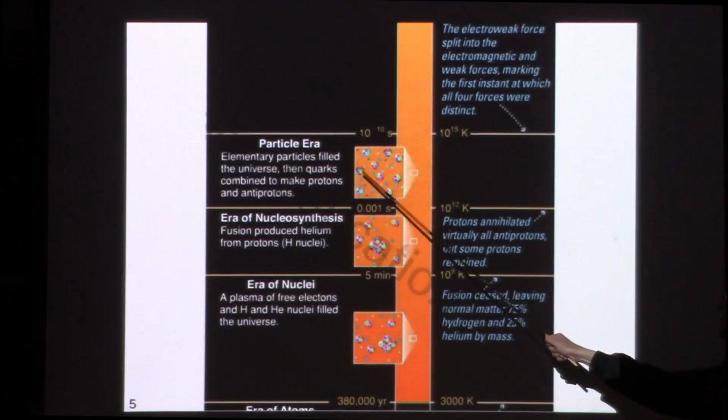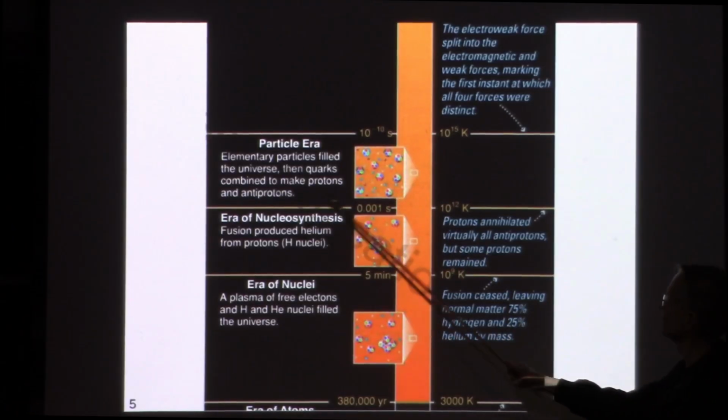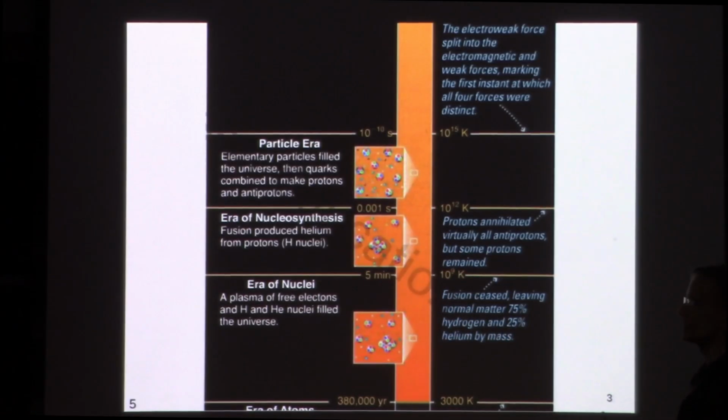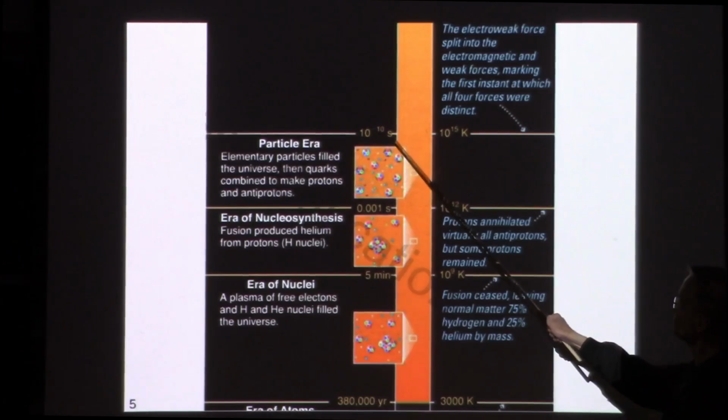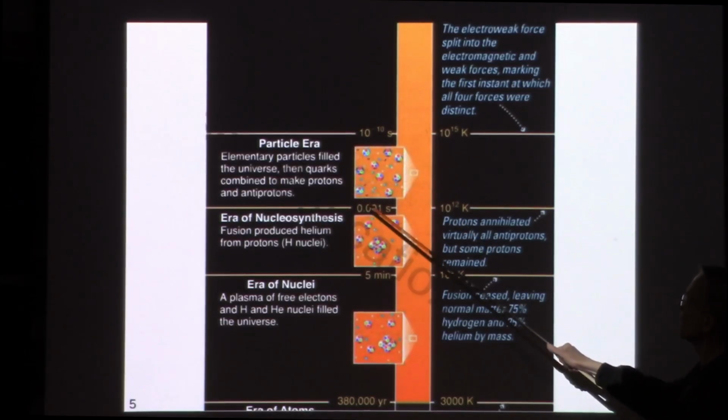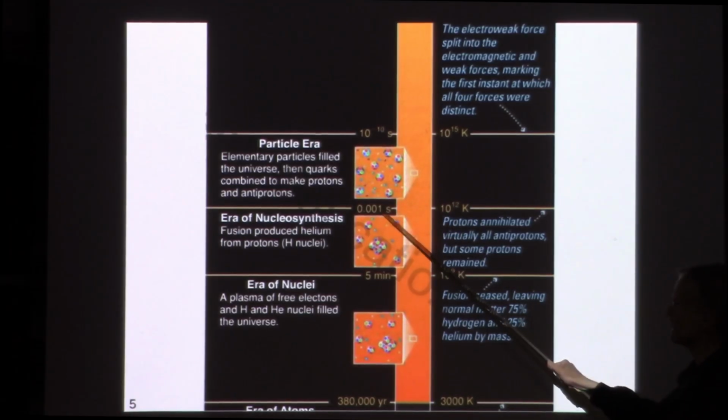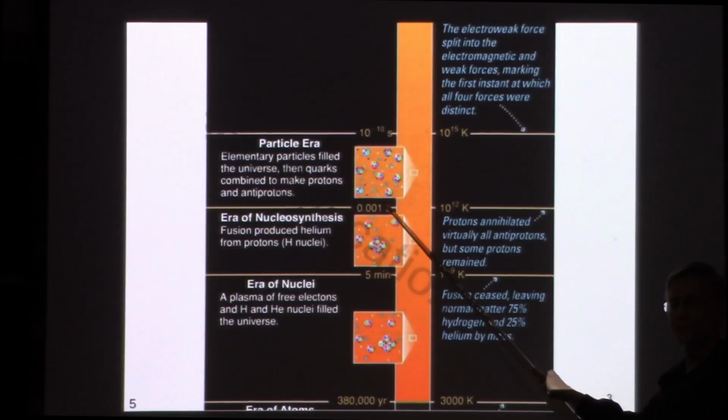We call this the particle era, where elementary particles fill the universe. At first it was so energetic that quarks and antiquarks weren't combined to make particles yet, and then quarks could combine to make protons and antiprotons, and neutrons and antineutrons, and various what we call hadrons and so forth. Still a soupy mess. So then, much, much later, when the universe is about 10 million times older than that, namely a millisecond, a thousandth of a second,